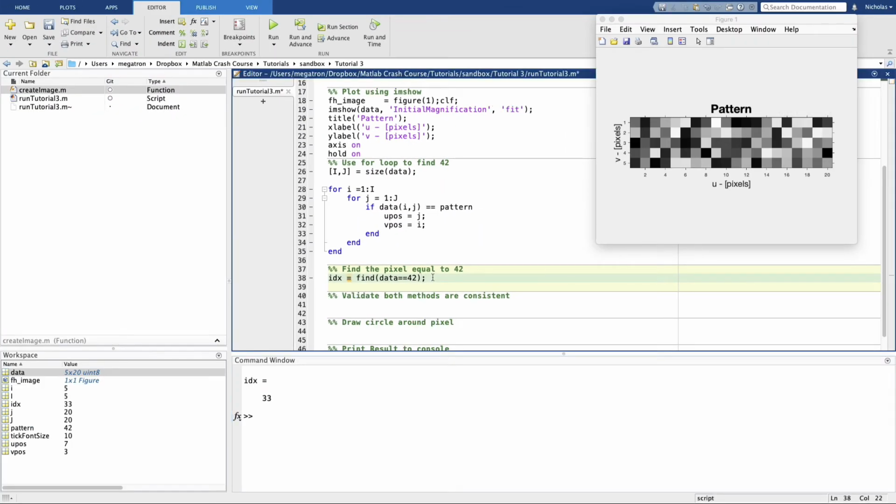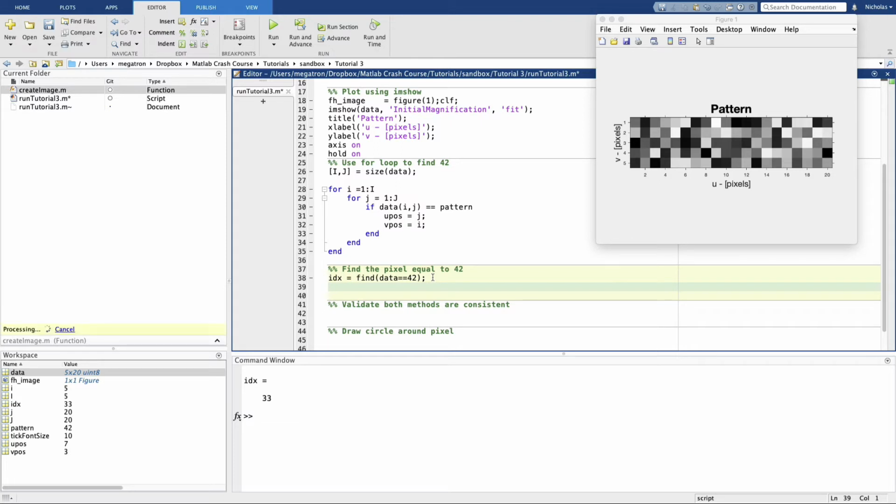But how do we convert this using Matlab? Well, because Matlab has 2 types of indexing for the same object, Matlab has functions to convert between them. One of these indexing types is called linear indexing. The other one's called subscript indexing. So if we want to go from linear indexing to subscript indexing, we can use the Matlab function